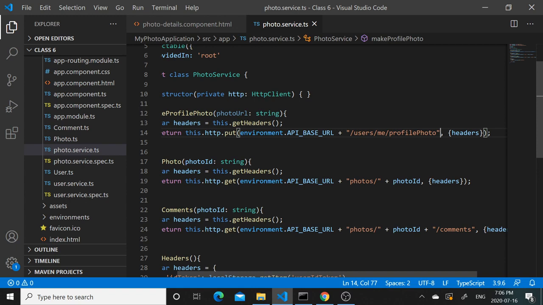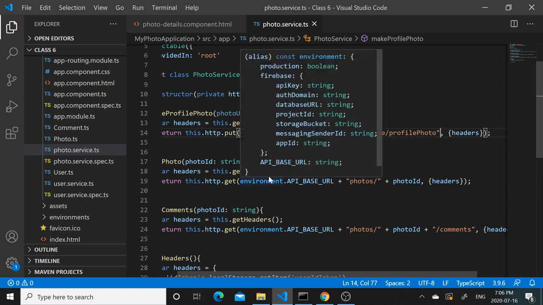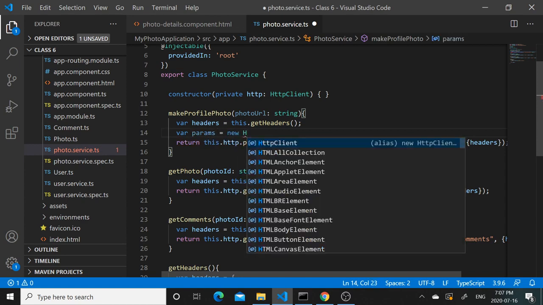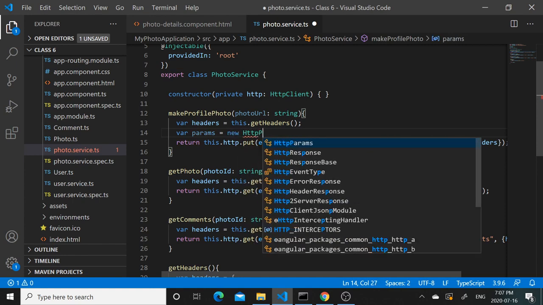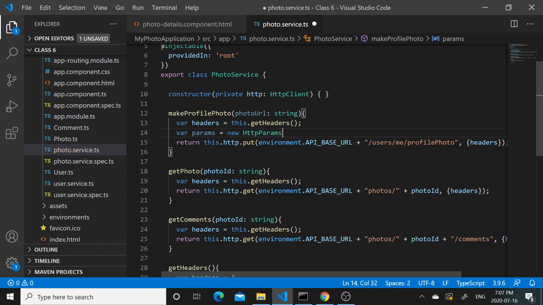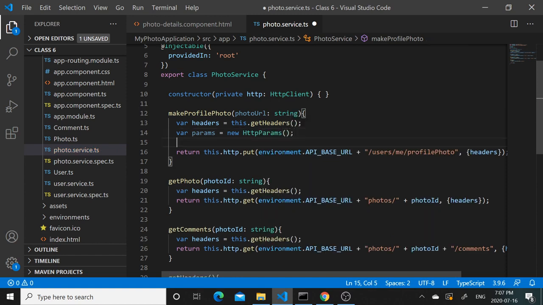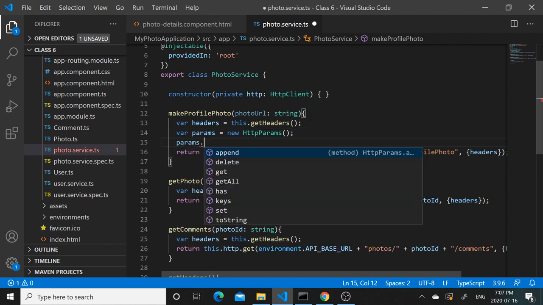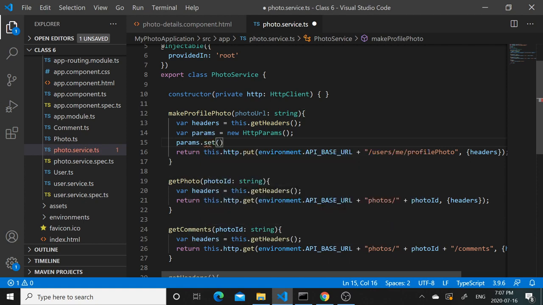But it will have a query parameter, so for that we'll need to create a new variable params equals to new HTTP params. And then in these params we need to set